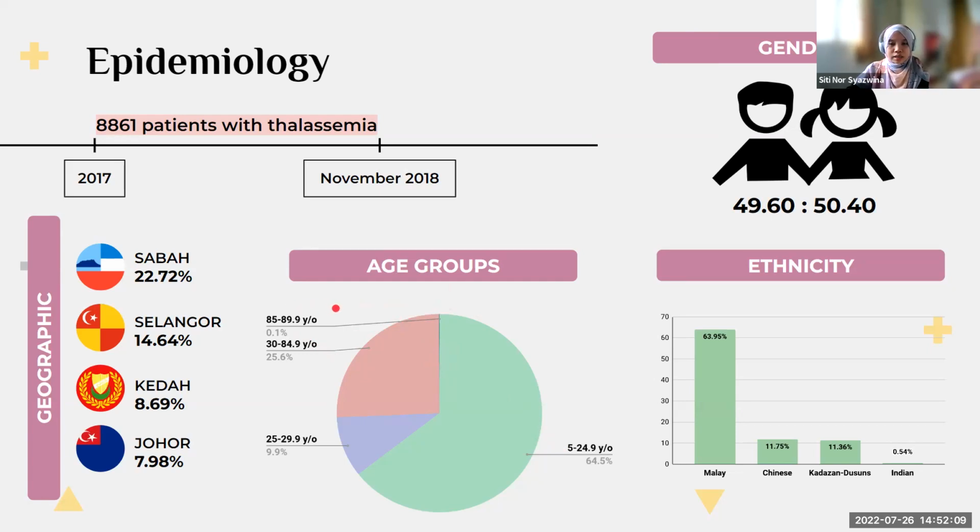Also, in our hospital settings, patients with beta thalassemia usually present to the ward with anemic symptoms at the age of 6 months old due to the transition from hemoglobin F to hemoglobin A. And for the ethnicity distribution, the majority of thalassemia patients came from Malay, followed by Chinese, Kadazan, and lastly, a small portion from Indian. So in all, thalassemia is very prevalent in Malaysia, mainly among the Malay and Chinese communities.